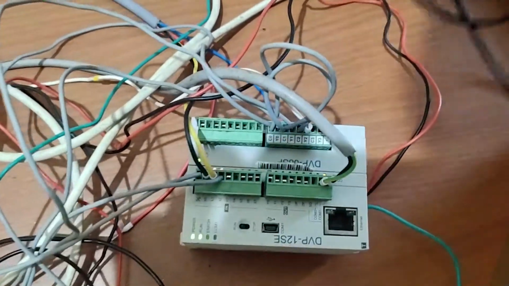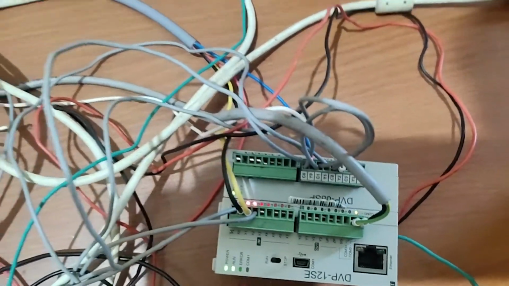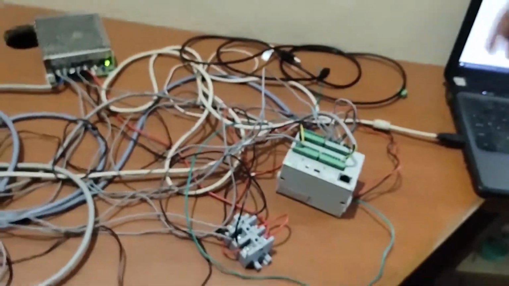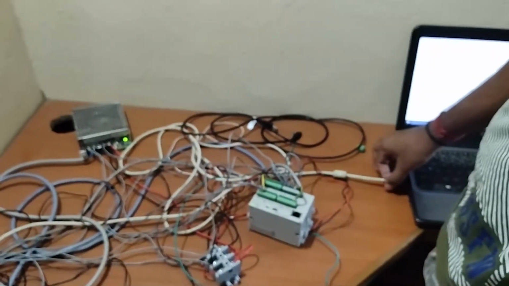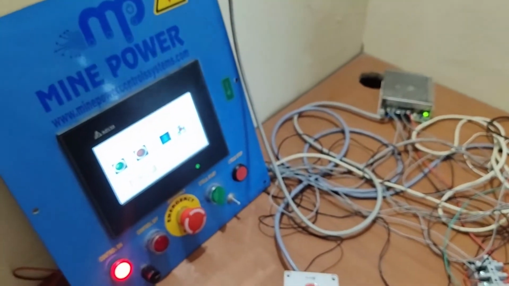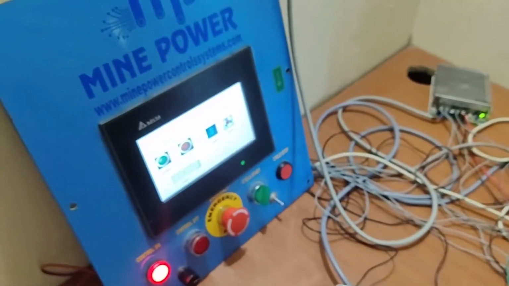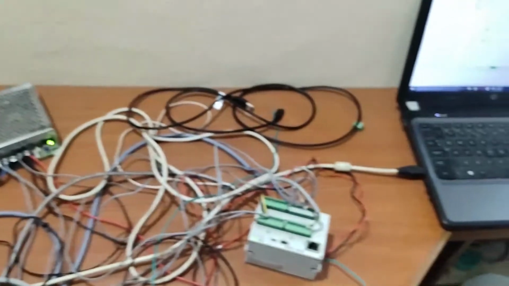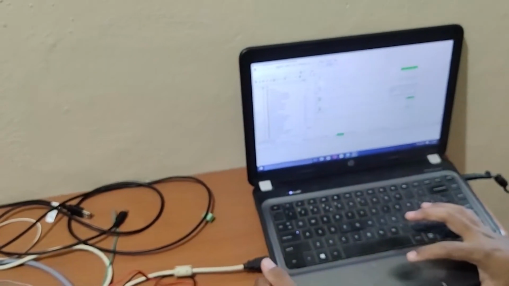I have the cable, but I did not use this. Why? Because I already connected the HMI to the PLC, so I don't need to connect a separate cable for the PLC. I can program and transfer to the PLC through the HMI easily. So with this one cable, I can program the HMI program, and also I can program the PLC program and download into both by a single cable. So this is about the communication processes.